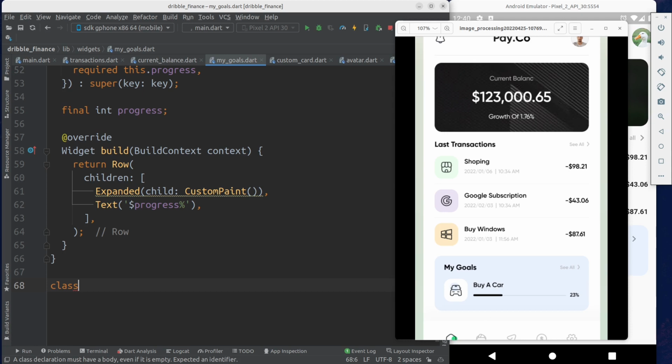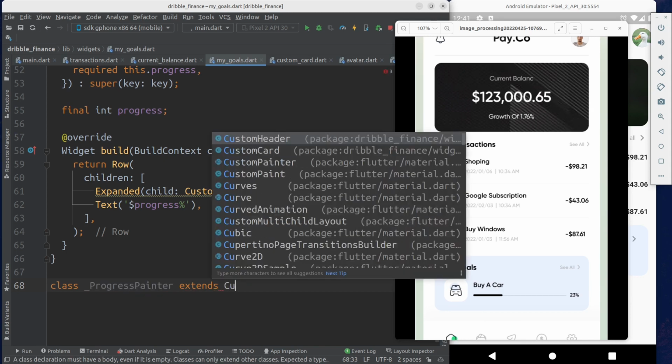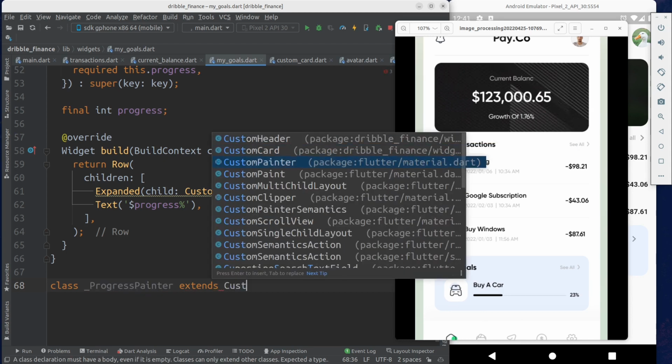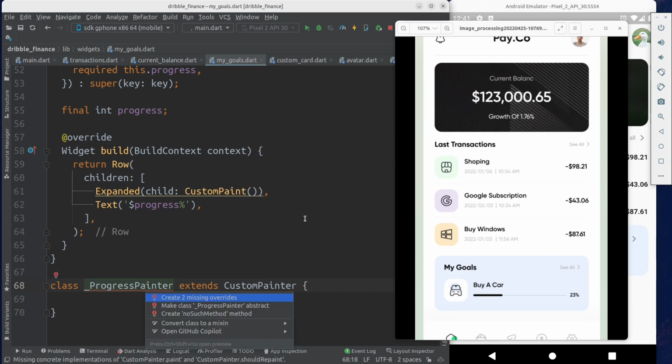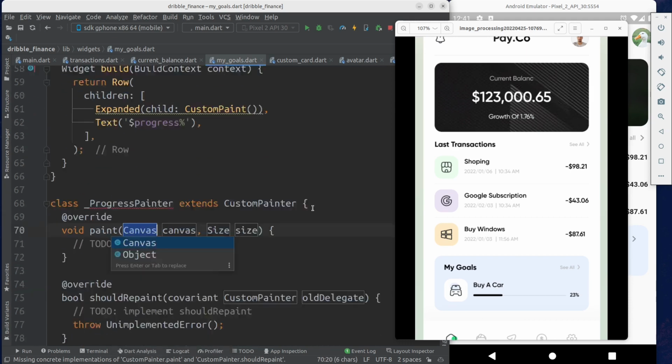Class, maybe ProgressPainter, could be private as well. ProgressPainter extends CustomPainter, and we need to implement two methods,